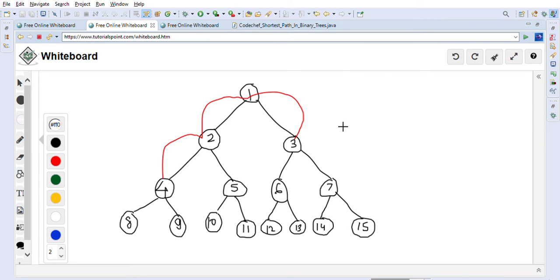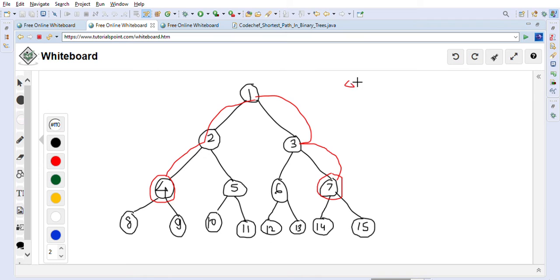So this is what the problem is. We have been given a full binary tree like this and we have to calculate the distance. For example, if you want to go from 4 to 7, you are at node 4 and you want to go to node 7, then the minimum distance you have to go is this 1, then this 2, then this 3 and this 4. So the total distance is 4, as I showed you here in the graph.